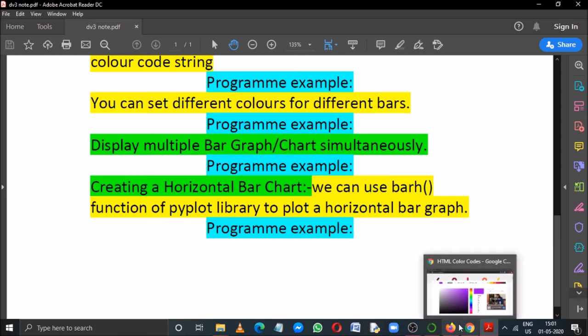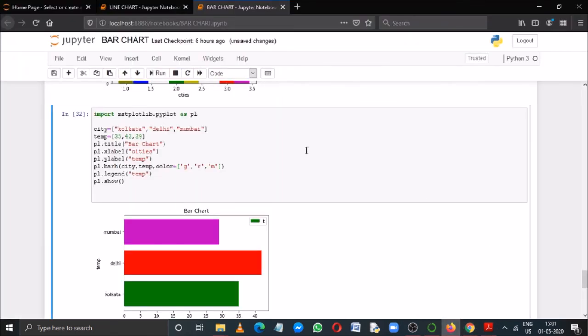Check the example. I have used the same example as the previous one. Initially, city is a list that represents three different city names, and temperature is also a list representing the temperatures of three different cities. Then I have mentioned the title, x label and y label, and then plt.barh, that means horizontal bars I want, city comma temperature.